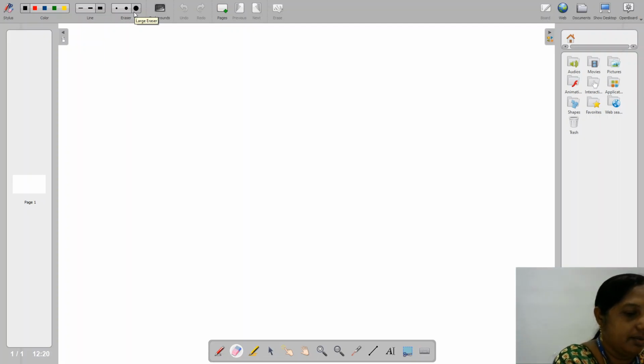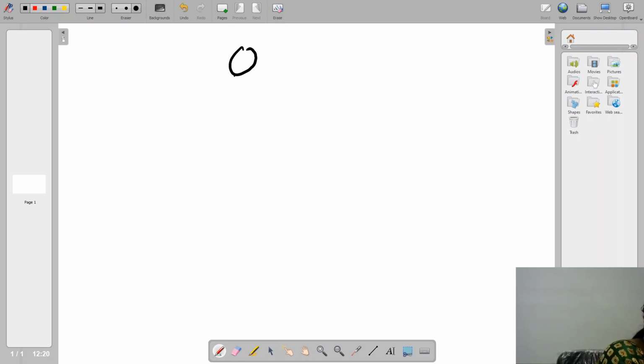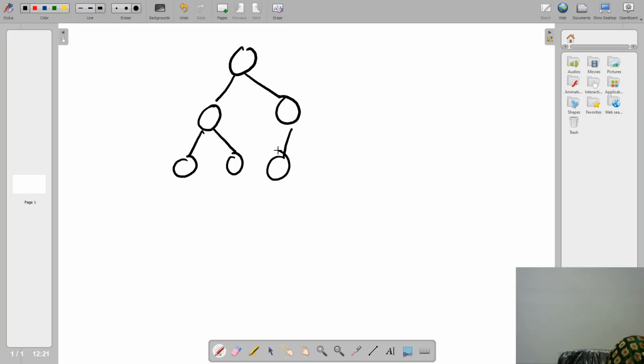So here I am designing a tree, so you can clearly understand this: how we are applying the alpha beta pruning here. Now I am taking a tree here. This is a tree and I am applying alpha beta pruning on this. So here I am specifying the nodes, and